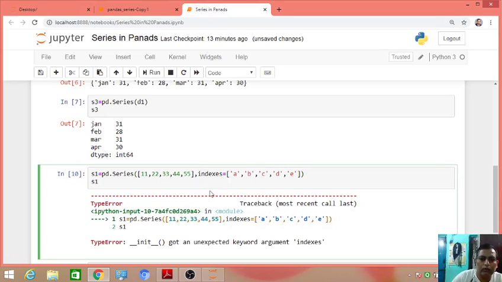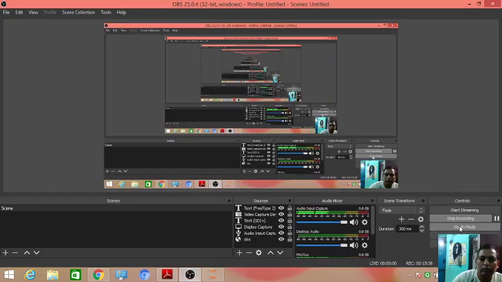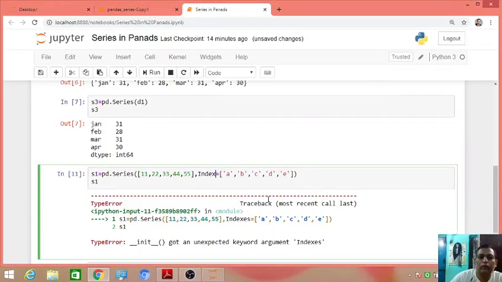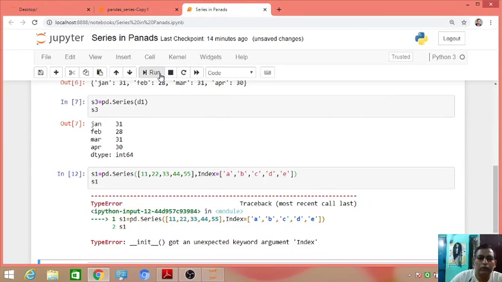I think it is not indexes, it is index. So index only, with small i.